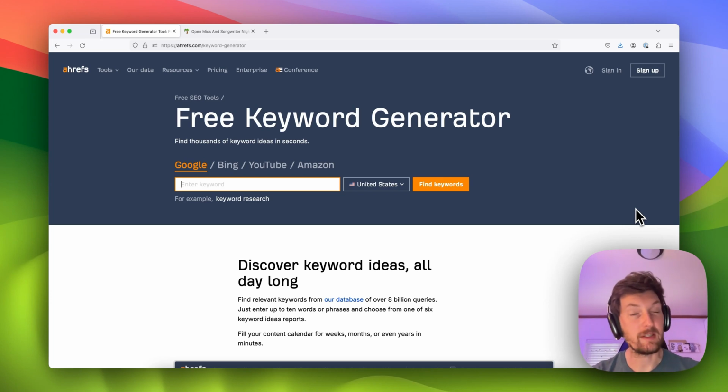In this video, I'm going to be talking about whether or not I think the Ahrefs free keyword generator tool is worth it. The short answer is yes. Obviously, the best part about using this tool is that it is completely free. You don't even need an account. You don't have to sign up for anything or log in. You can just come to this website,